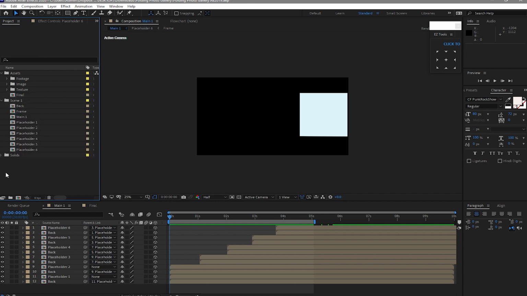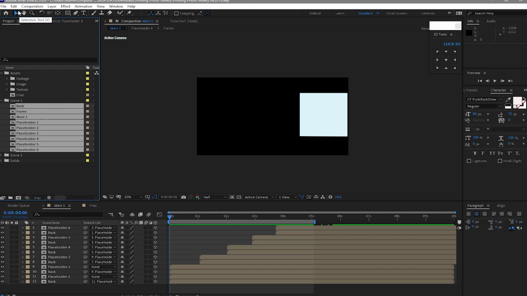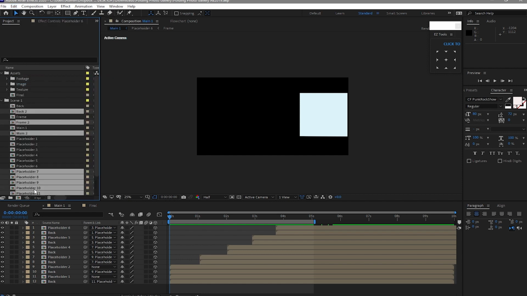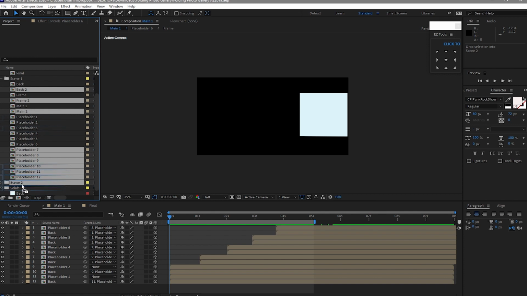Again, I will create another folder and I will name it scene 2. This scene 2 folder, we will put the duplicated compositions in here. So all we have to do is to highlight it all in the composition scene 1 and then duplicate it and then drag it down to scene 2 folder